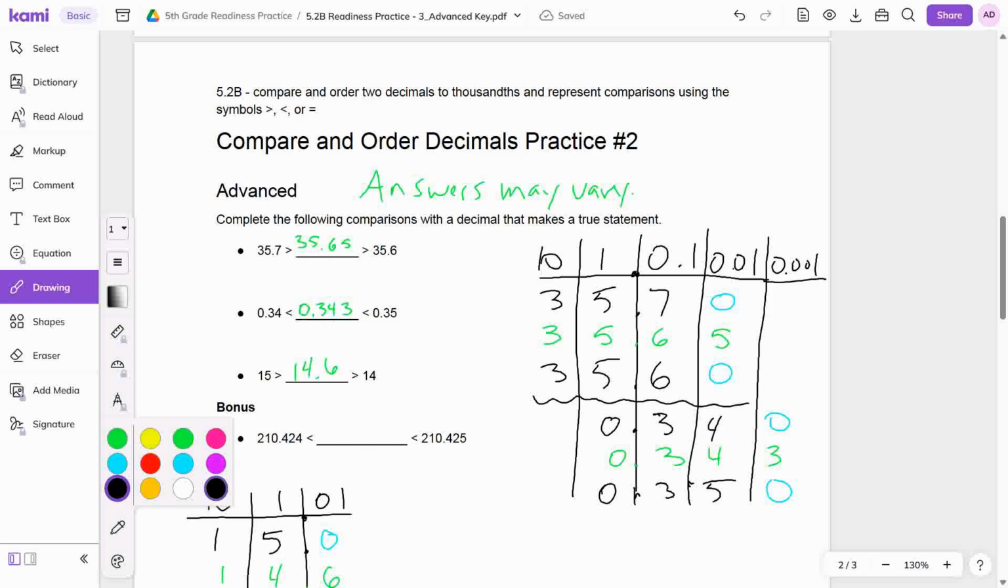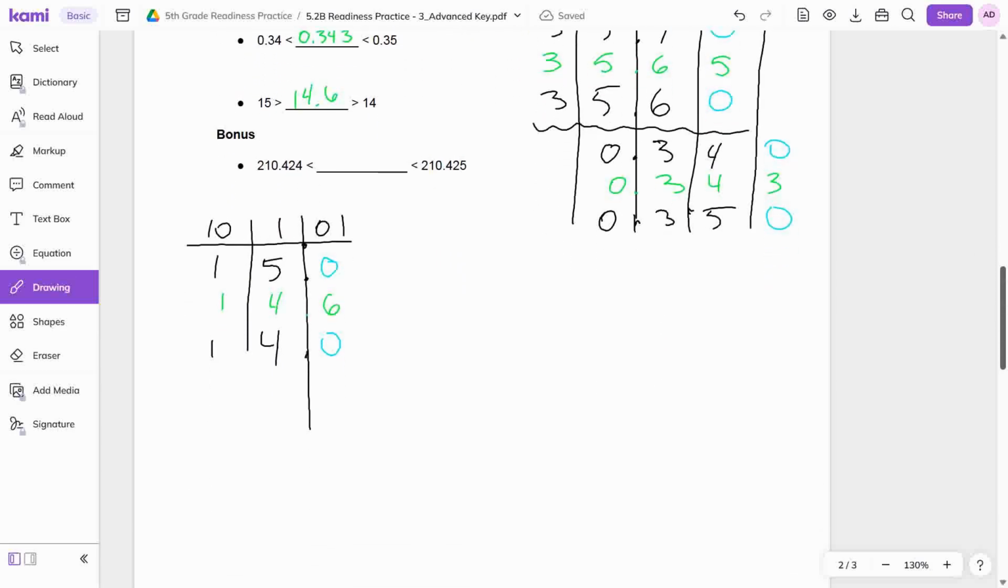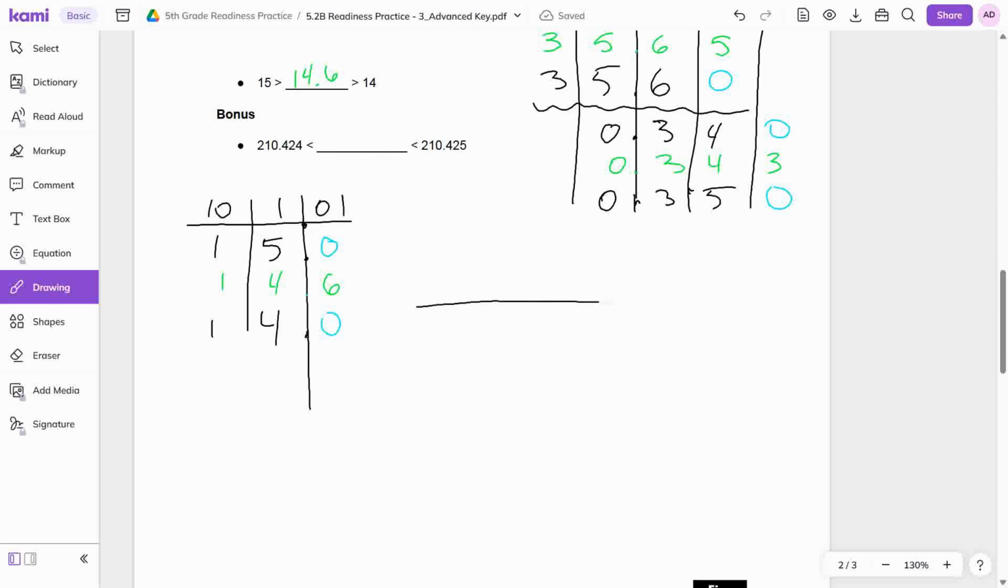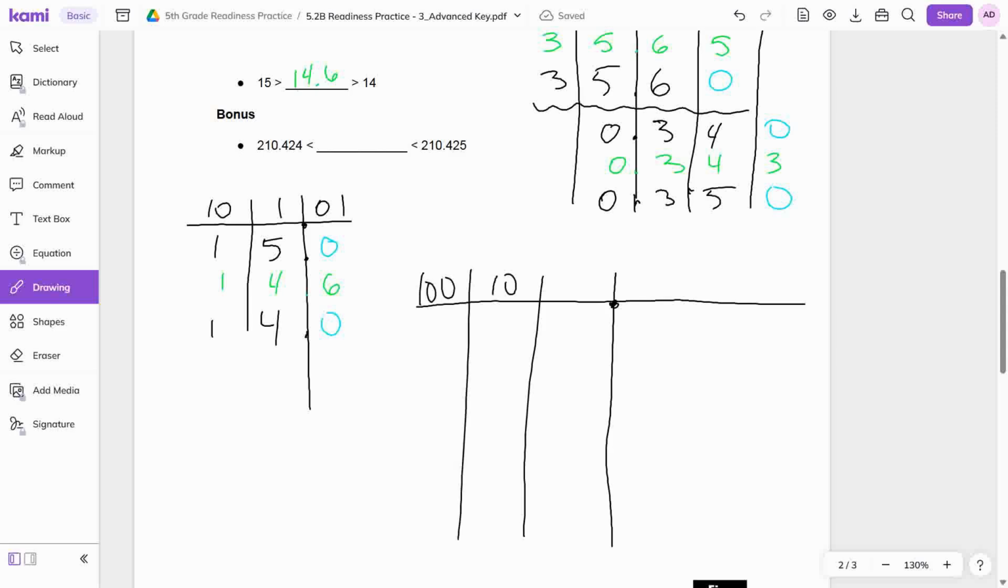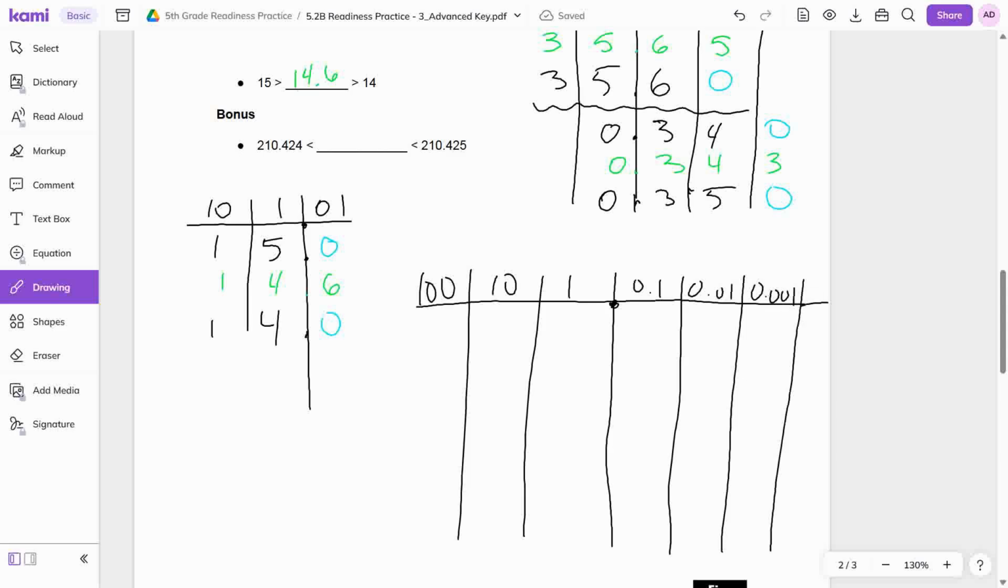Now, here's the bonus one. Hopefully you see the pattern, but this is going to be a big one. So let's get all of our slots down here. So I've got my hundreds, my tens, my ones, tenths, hundredths, thousandths. All right, so if I build my two numbers, 210.424 and then 210.425, well,